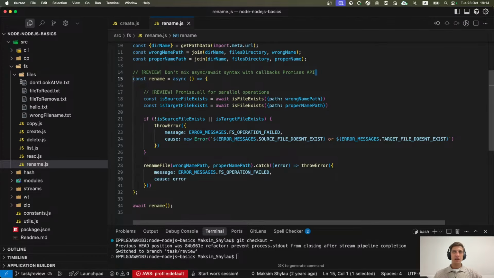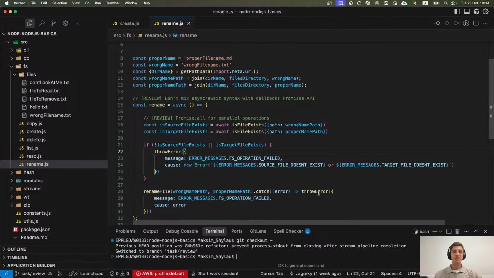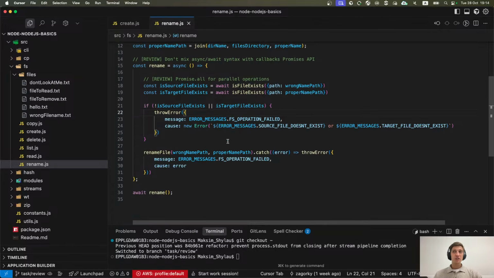Okay, and yeah, here we have this mix of async await with callbacks API style. I will not point you at this anymore, but still I left these comments just in case. So in general, the logic seems to be correct, because if the source doesn't exist or the target already exists, then we throw an error.